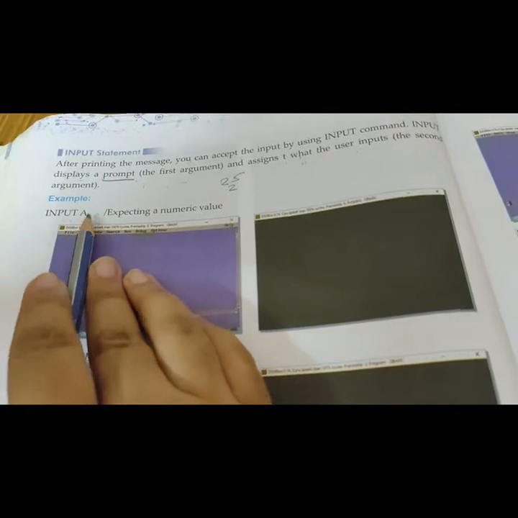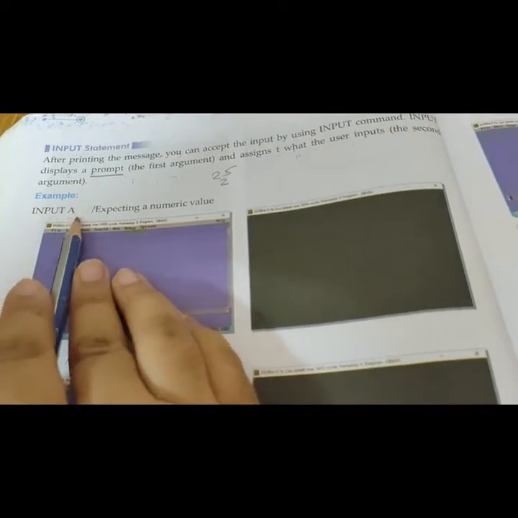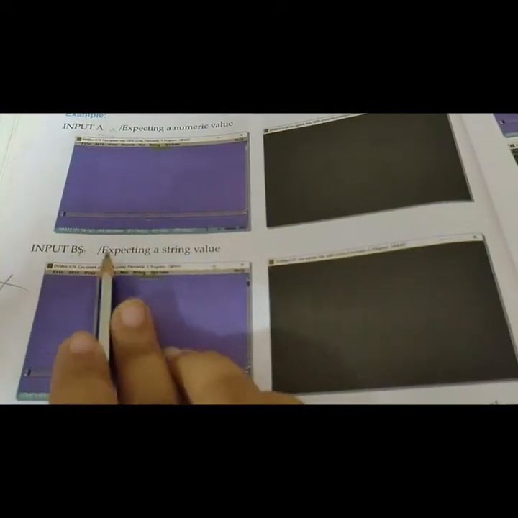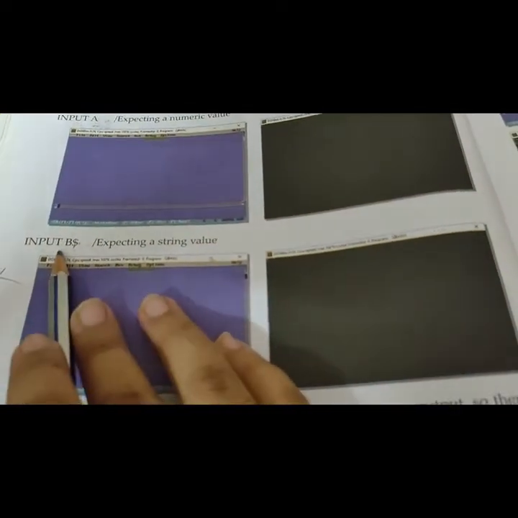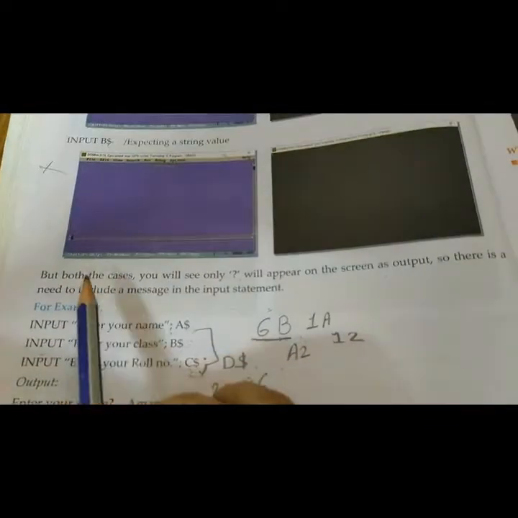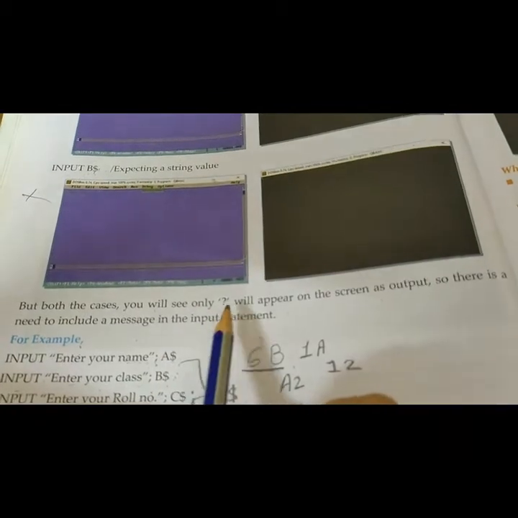A is a variable which stores your value. It is a numeric variable. Input B$. It is a string variable. It stores a string value. But in both cases you will see only a question mark appear on the screen as output.